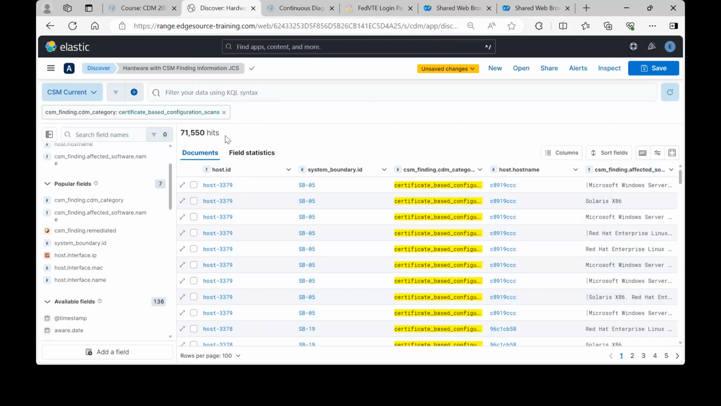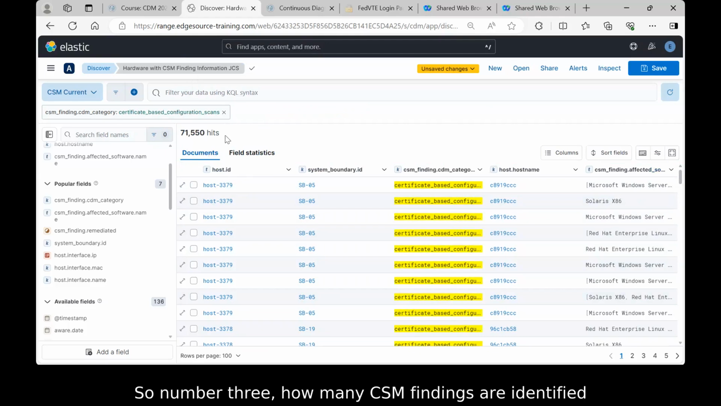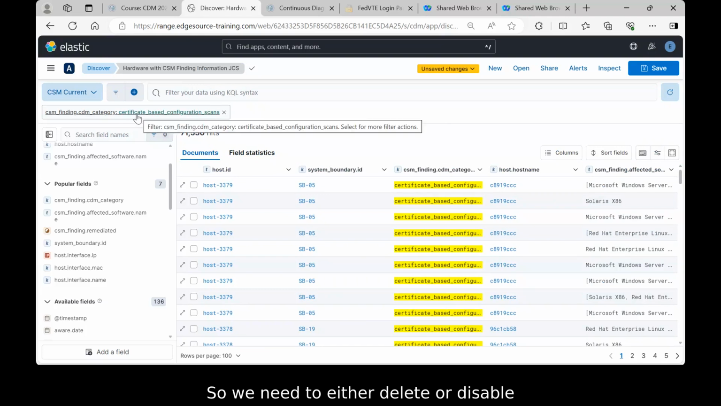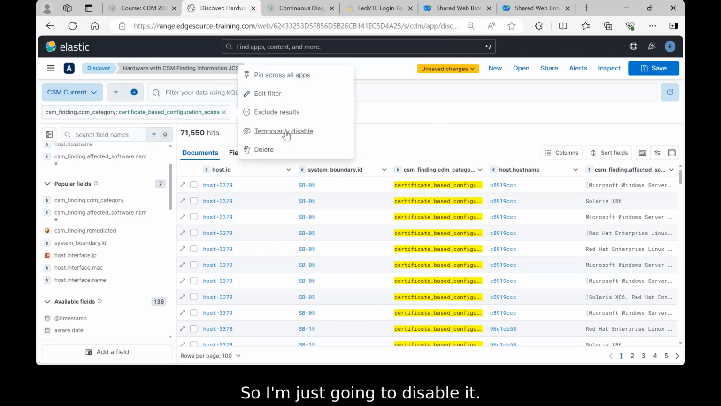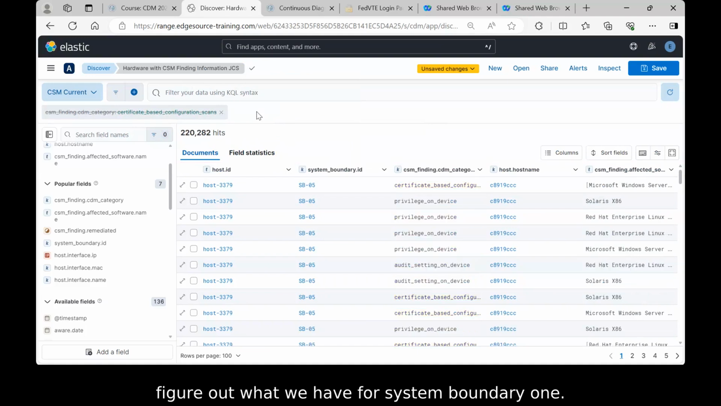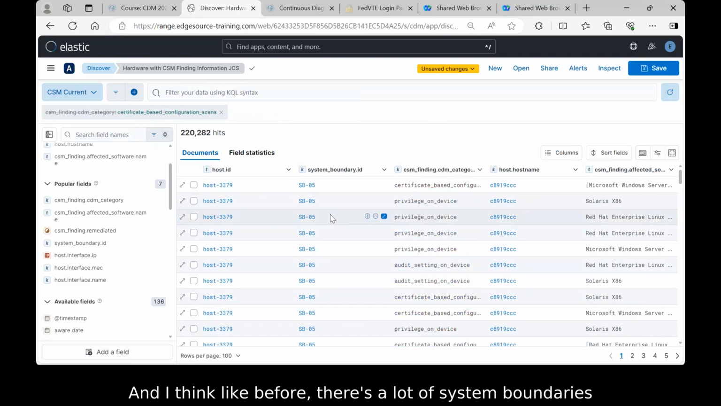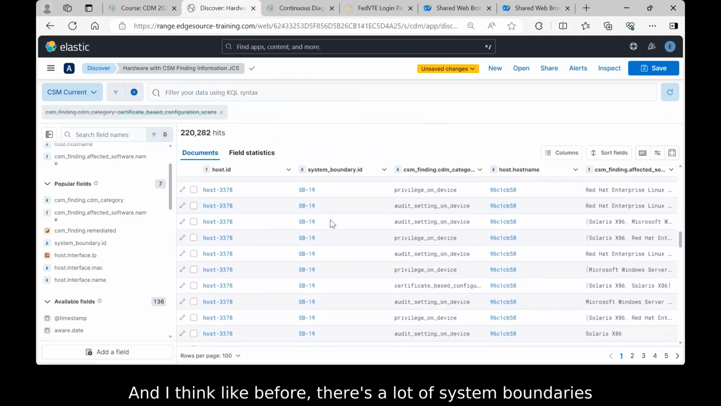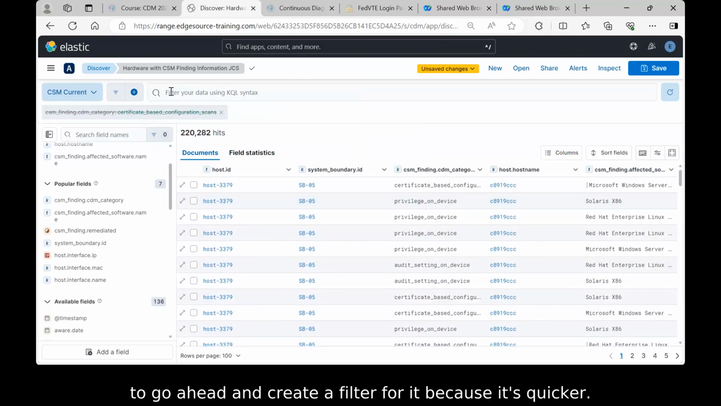And now you notice it's changed, and we have a different number of hits up here in the upper left. Okay. So number 3, how many CSM findings are identified in system boundary 1? All right, so we need to either delete or disable our CSM finding category. So I'm just going to disable it. Okay, and the next thing we need to do is figure out what we have for system boundary 1. And I think, like before, there's a lot of system boundaries listed here, but we're just going to go ahead and create a filter for it